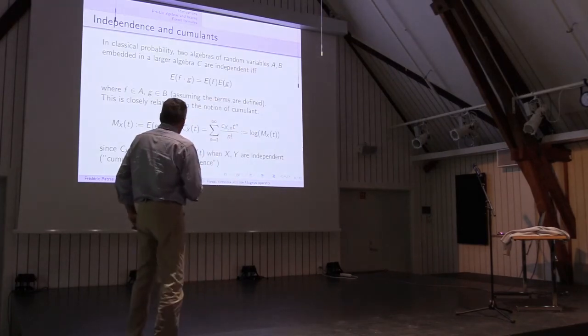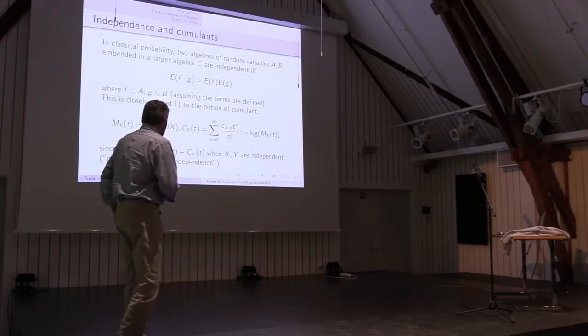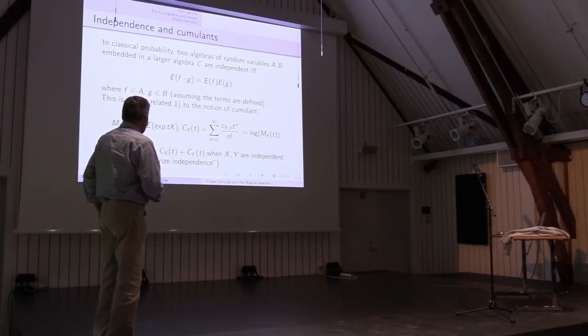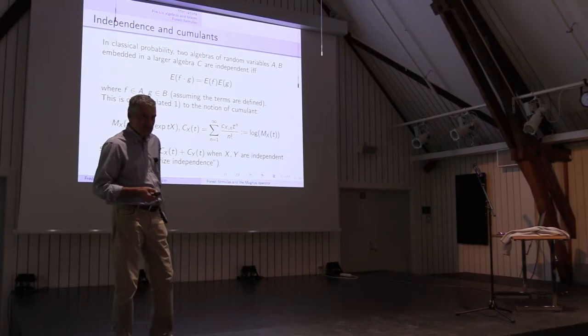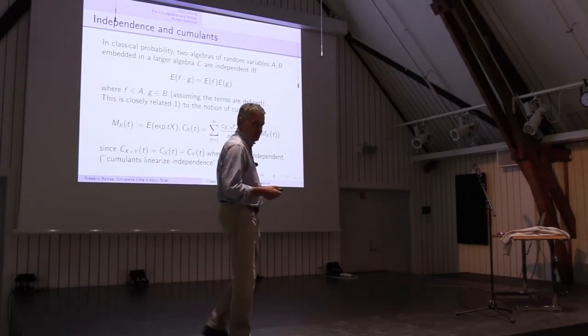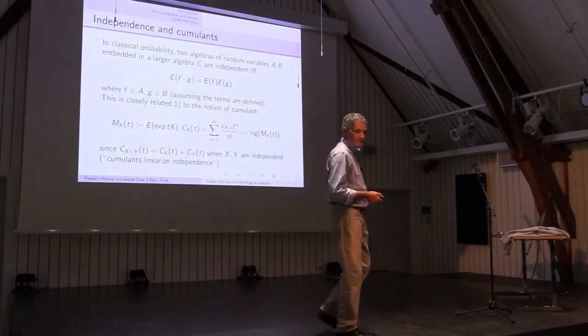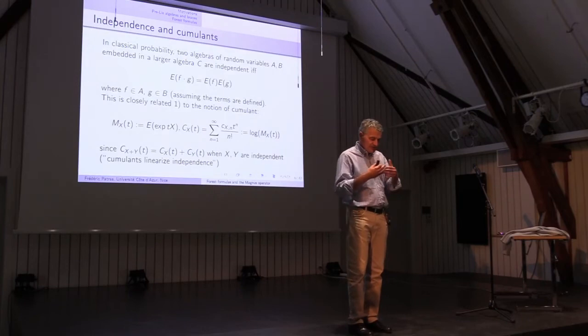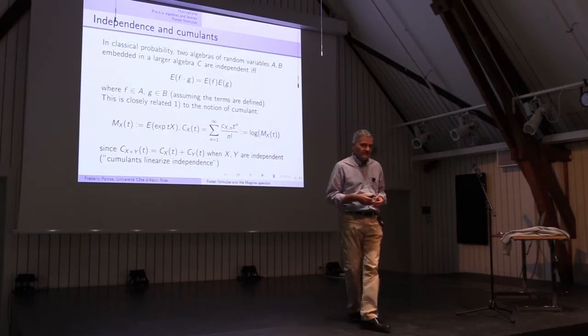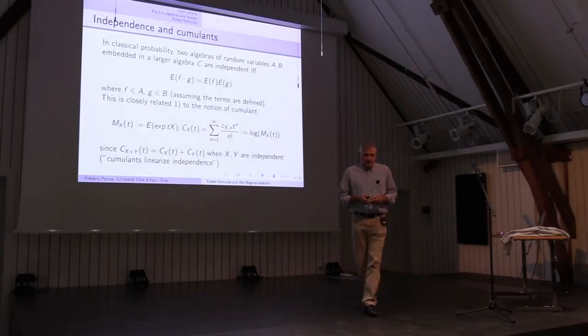Well, linearization means precisely this, namely that if you have the exponential generating series of the sum of two random variables, and it decomposes that way, if it decomposes linearly, then it means that they are independent. So it's a way of coding independence algebraically. As you will see later, there's a sort of theoretical interpretation of this.